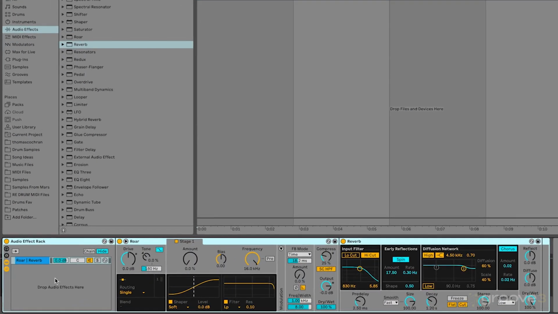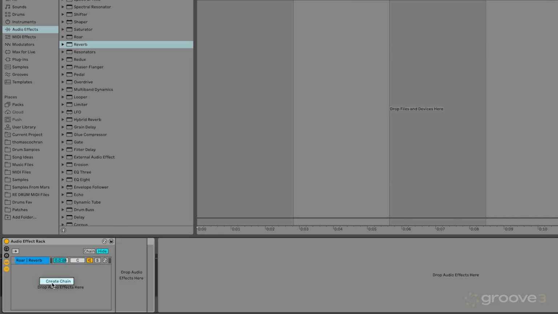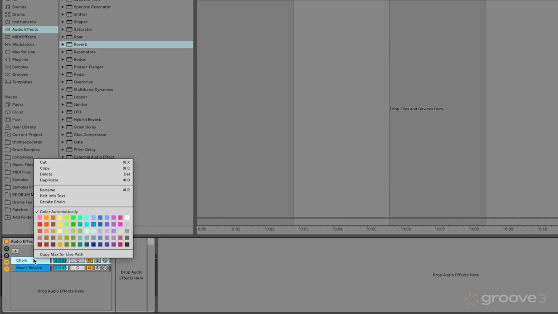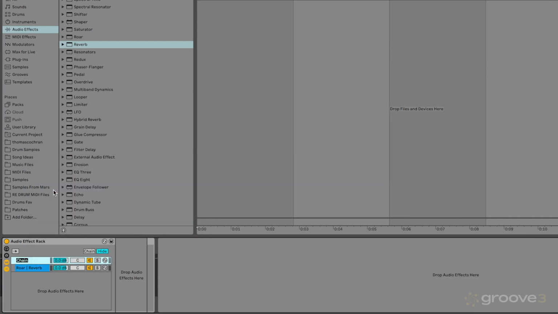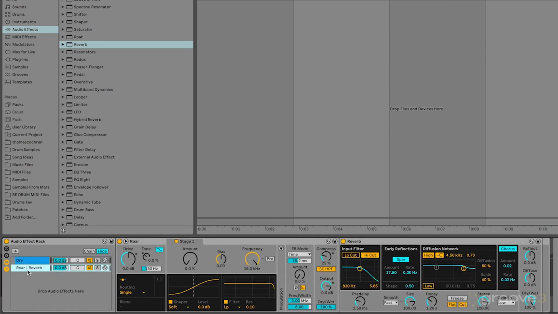Go over here to the different audio effects rack channels. And we'll create a new chain here. Drag that to the top. And then I'll right click on this and hit rename. Name this dry, and then we can have this one as Roar and reverb. And also turn that down just a little bit as well, so that way it's not quite as loud. And then we're going to go ahead and solo that out just so we hear just our reverb and our